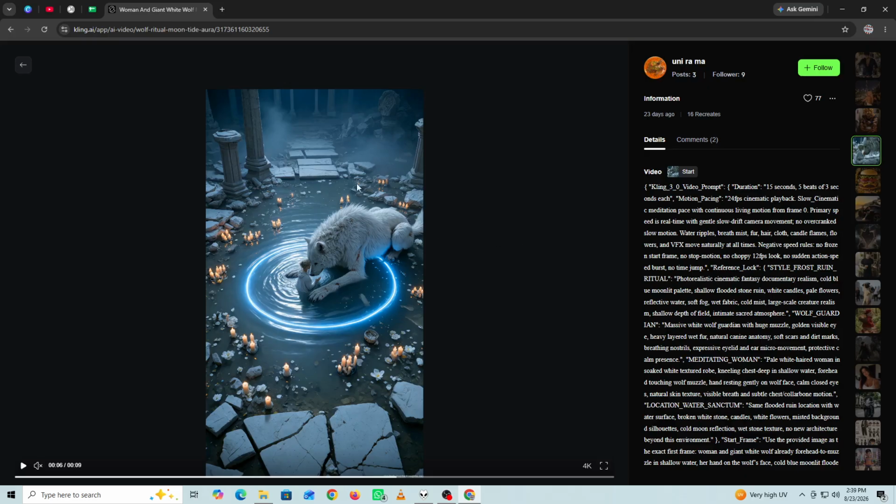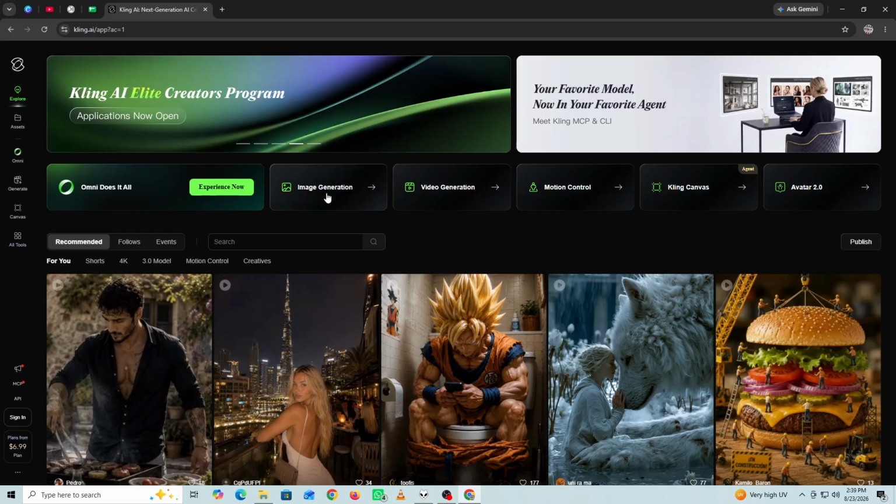For longer AI stories, keep your character reference images and base description organized